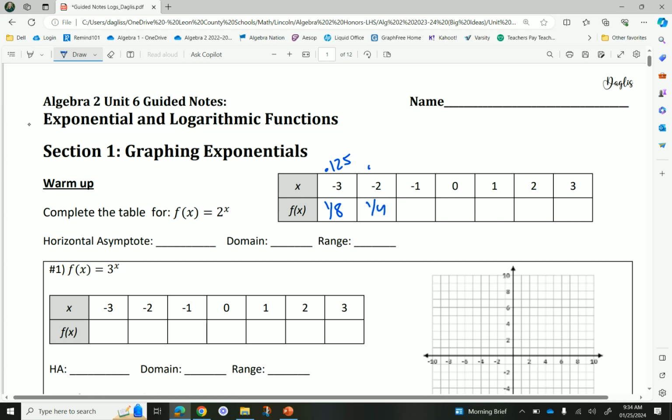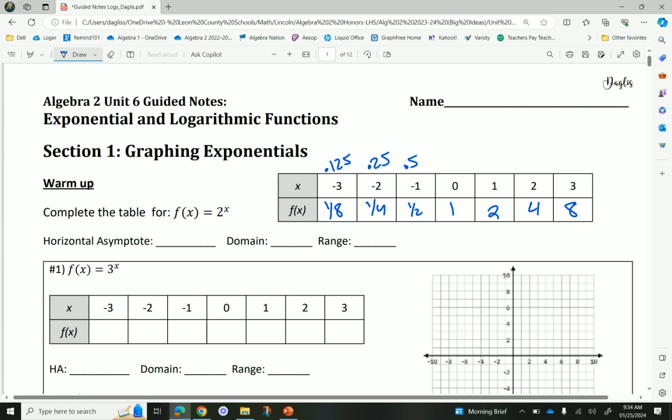1/4 or 0.25. All right, negative 1. 1/2 or 0.5. How about 0? 1. 1, 1; 2, 2; 3, 4; 3, 8. Good. So whether you did it by hand or you used a graphing calculator, you typed in 2 raised